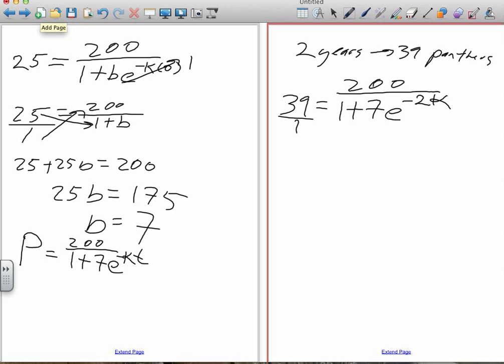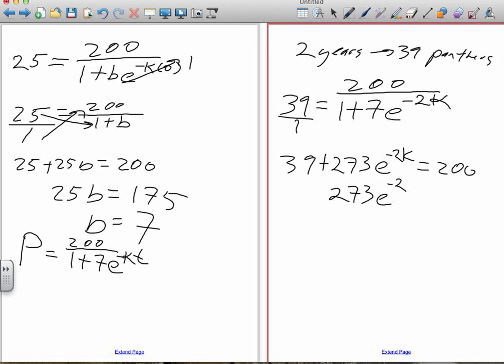We cross multiply. And I end up with 39 plus 273 times e to the negative 2k equals 200. I subtract 39, so 273 e to the negative 2k equals 161. Then I divide by 273, so e to the negative 2k equals 0.5897,